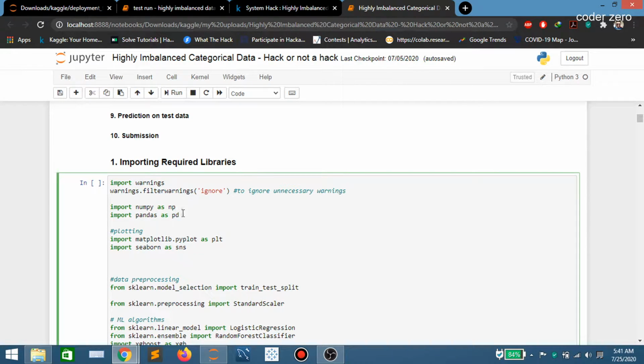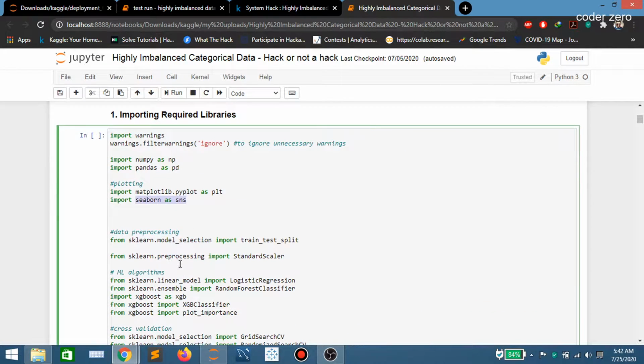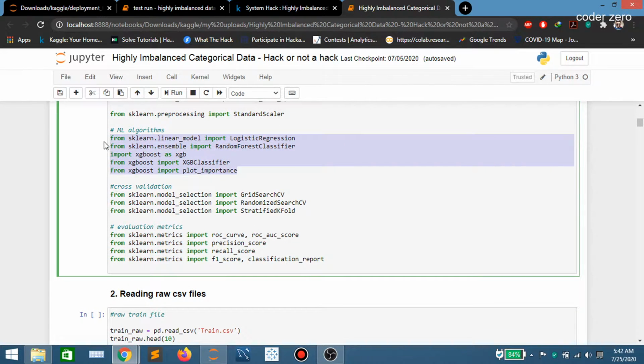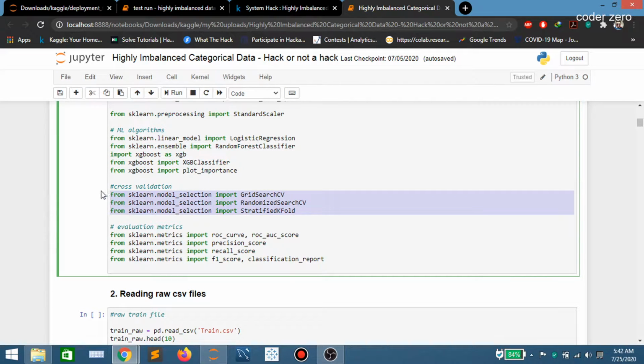Then we import NumPy, pandas, matplotlib for plotting, seaborn also for plotting, and these two are for preprocessing: train test split, and the standard scaler for standardizing. These are machine learning algorithms for classification, these are for cross validation, and these are evaluation metrics for a classification problem.